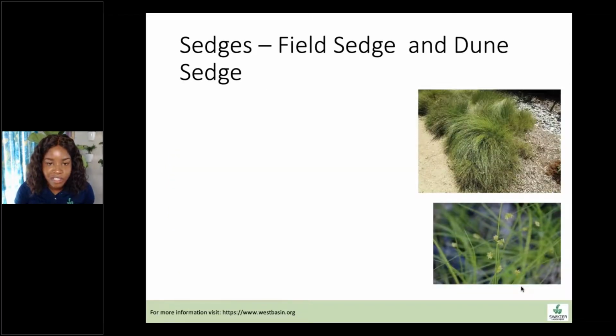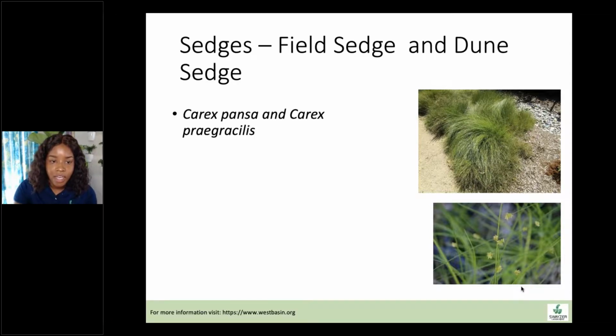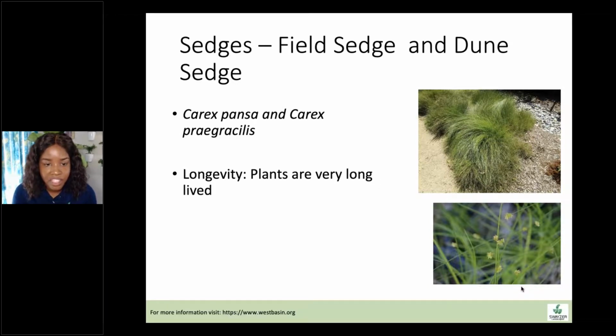So to start, we'll talk about sedges. And so sedges, there's many sedges. There's probably sedges at every garden, and specifically field sedge and dune sedge. They have a longevity of a very long time. They can live for a very, very long time. They're very hardy grasses. Lots of research has gone into these grasses, and they've been making their rounds as a turf grass replacement